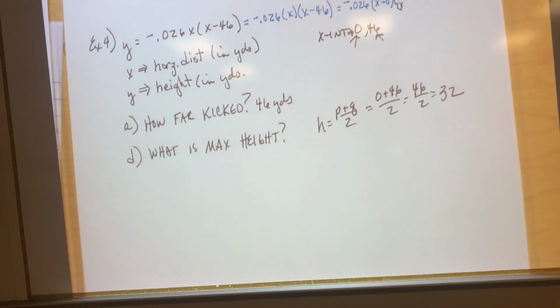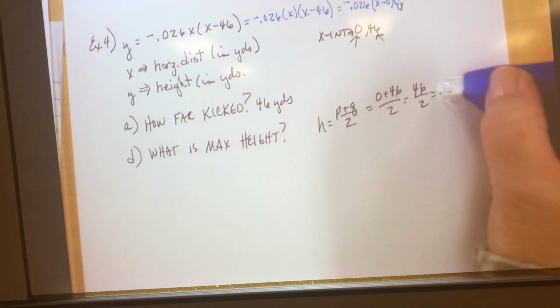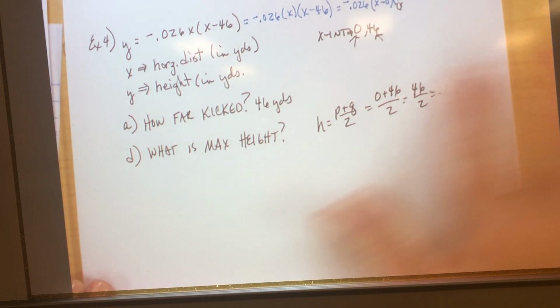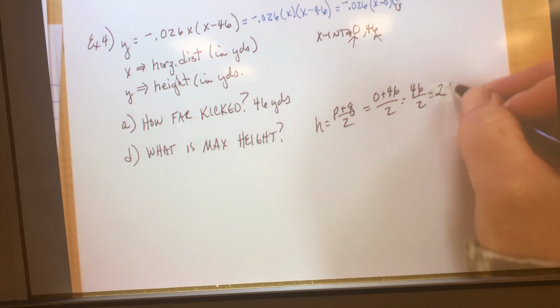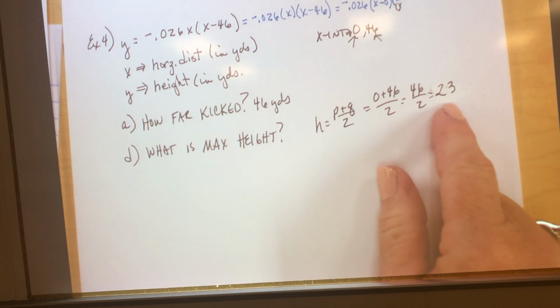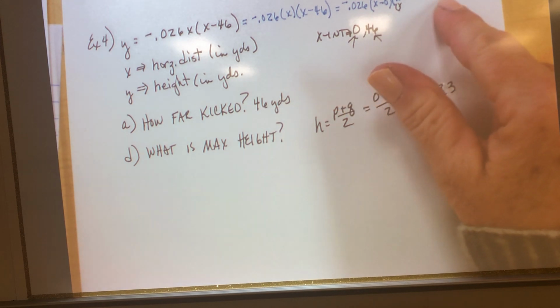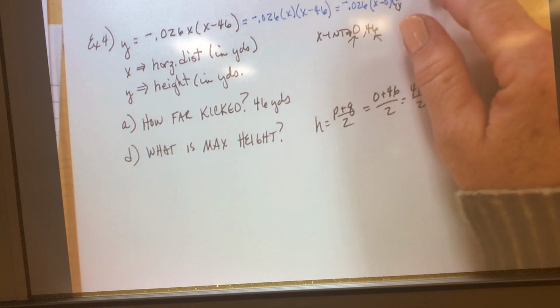Is that my height? Miss Davis, it's not 32. Oh, it's 23, sorry. Got a little dyslexic there. All right, so 23, thank you. Nothing's working good for me. Okay, so 23, is that right? Yes. Is that my maximum height? No, that would be your x. That's my x, the half difference. So that is the distance that it travels, and yes, it is halfway when it reaches its maximum